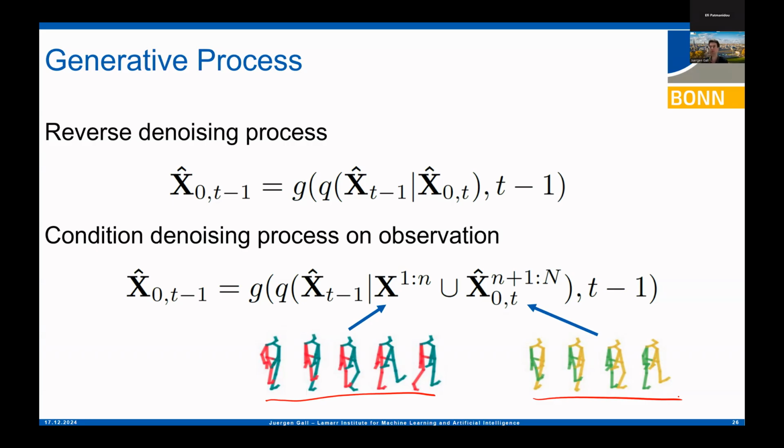It's important to not only generate a sequence of the future, because you want a smooth transition between the observation and the future, otherwise you might have a jump. On the other hand, we know the observation; it does not change. To do the conditioning, we do it in a relatively straightforward way. After each diffusion step, we modify the signal: for the observation part, we simply override the denoised signal with our true observation, because that does not change. That's a very simple way to condition the diffusion model on some observation if you want to use it for forecasting.